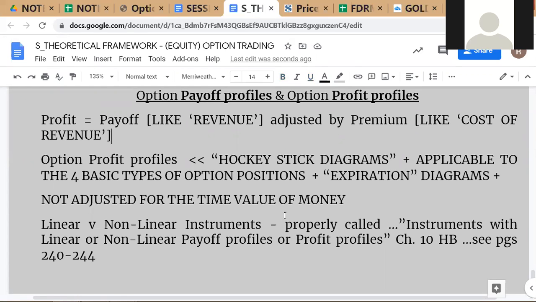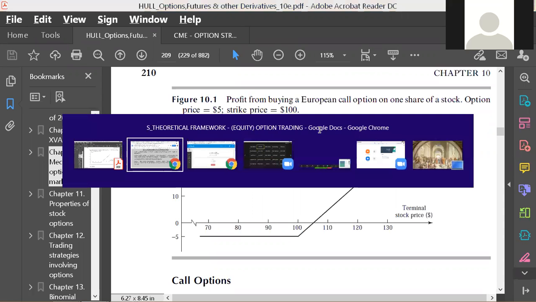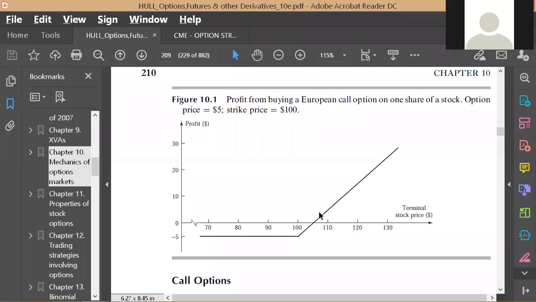So option profit profile, another point is that these are not adjusted for the time value of money, right? So that's why you find that there is no mention here of how many months ago this option premium was paid, because that's not relevant, because we're not accounting for the time value of money. If you needed to adjust for the time value of money, you would have had to ask yourself, because this diagram is at expiration,